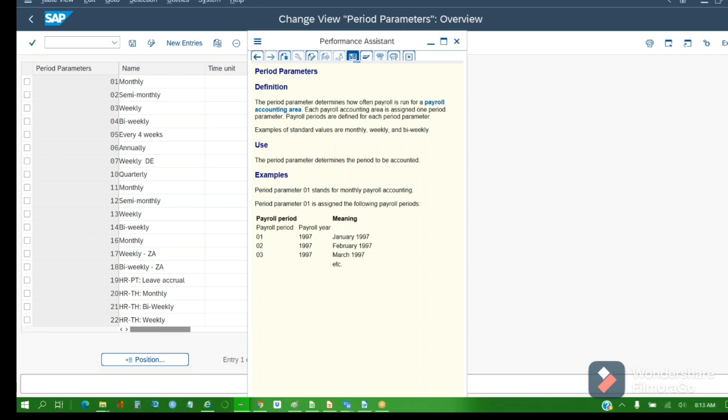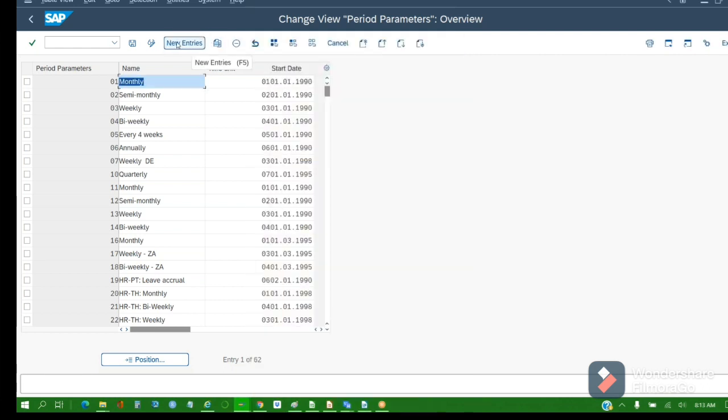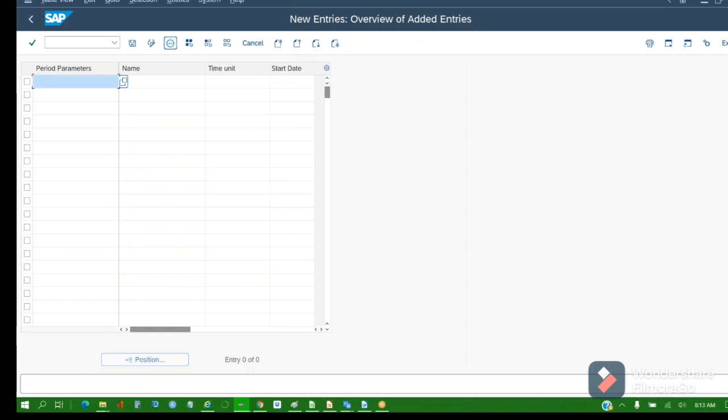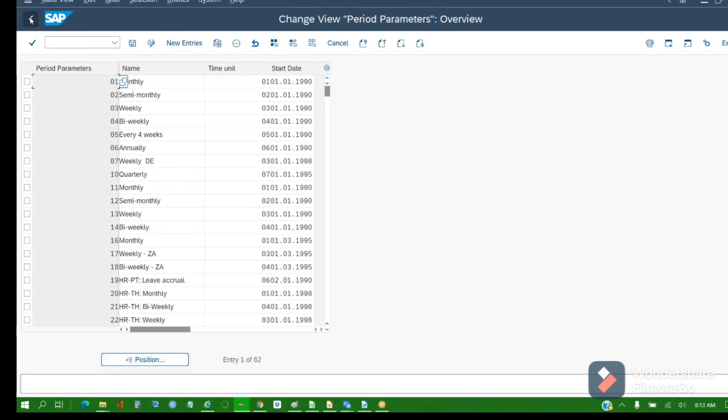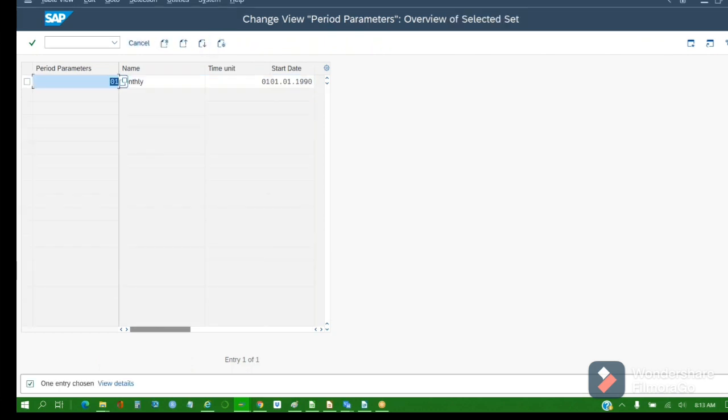We'll create one payroll. Go to the new entry. One second, please go back. Select the first one, monthly, and copy it. It will be easy when you are copying the original one. Here we'll give monthly payroll followed by ISUD. Change the number later. So monthly payroll